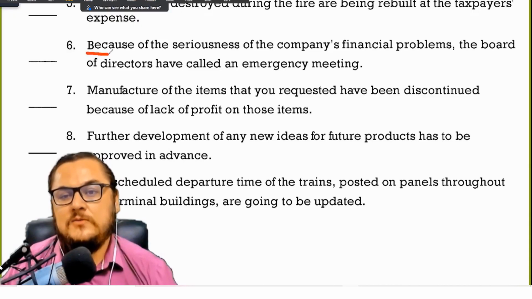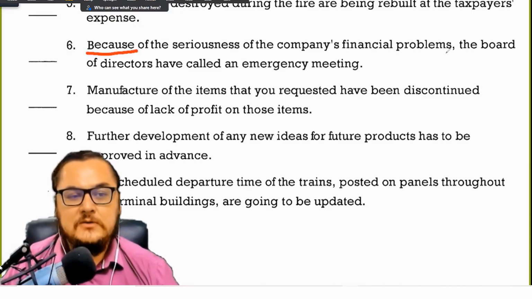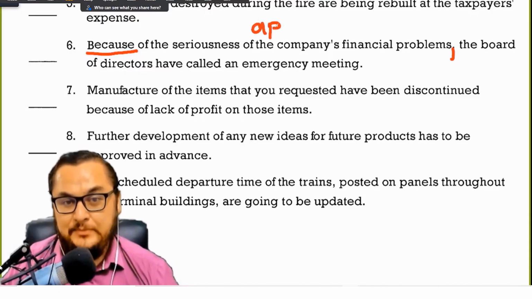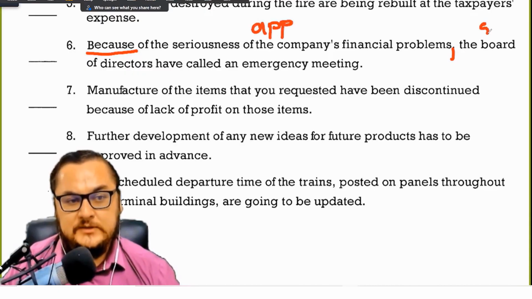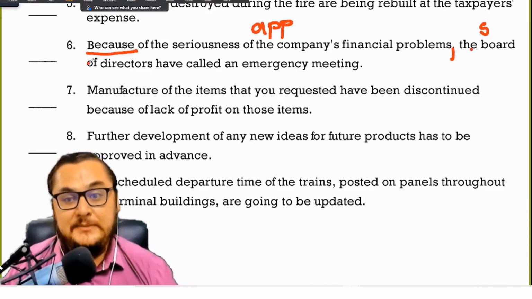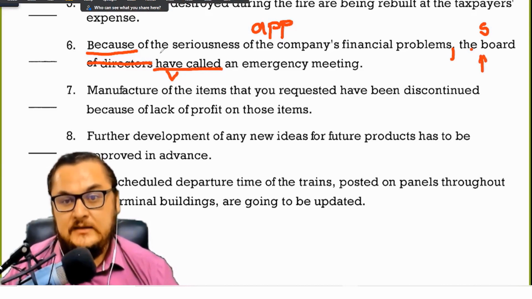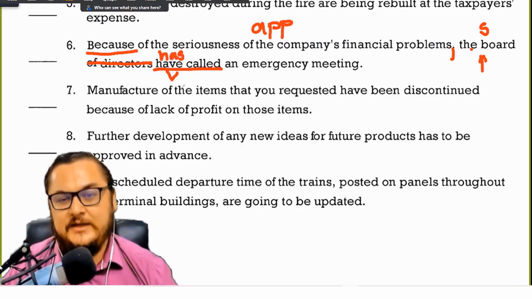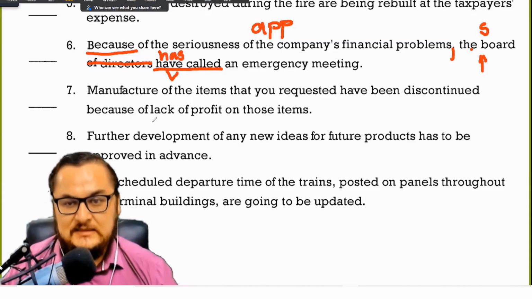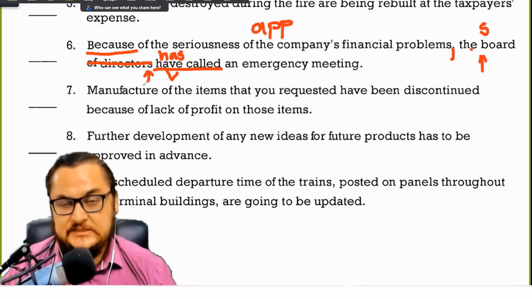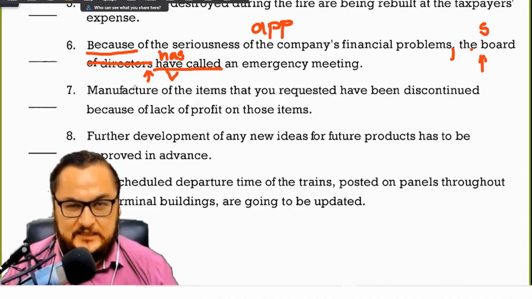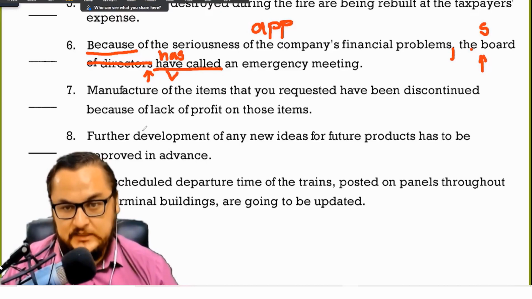In number 6, I have a connector and a comma. This is most likely a positive. Then I have the subject of the sentence. I'm going to remove the preposition and then find the verb. So, the subject of the sentence is singular. The verb in the sentence is plural. That's why the sentence is incorrect. It should be has. We understand that the word directors is in some way a distraction. But we know that the verb must be singular because the subject is singular. This sentence is